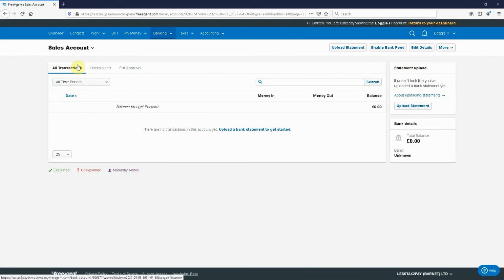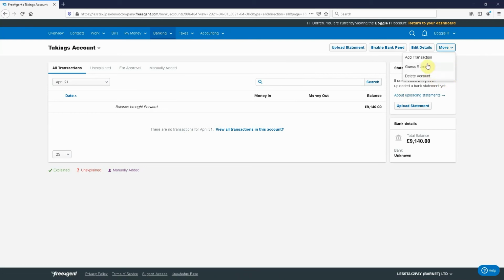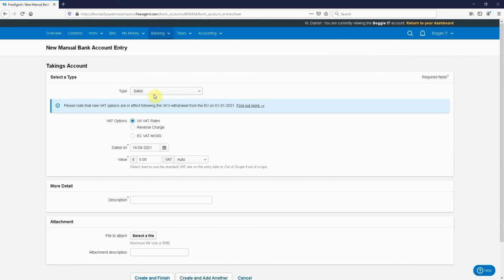and that allows us to now put some transactions into it. So what I will do is I'll just go into the takings account, and what we have is an ability to record our sales. So what you would do is you would add a transaction. So it would be sales, UK VAT rates, the date, so today's date,